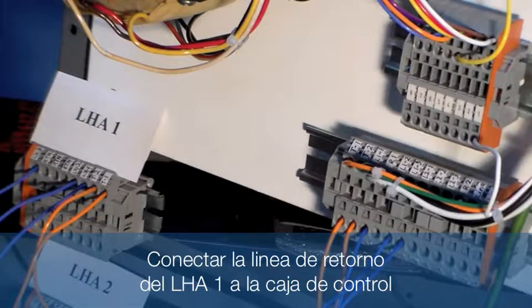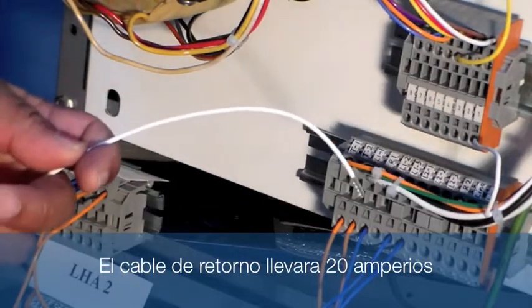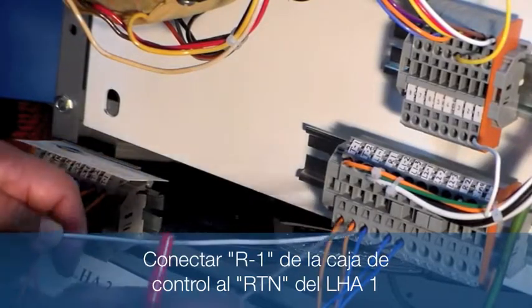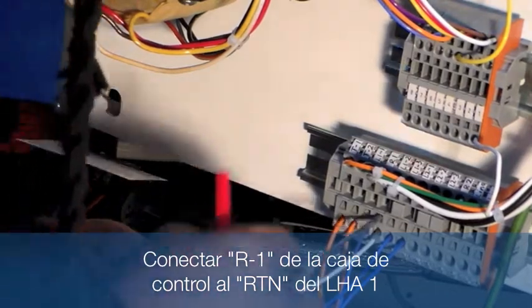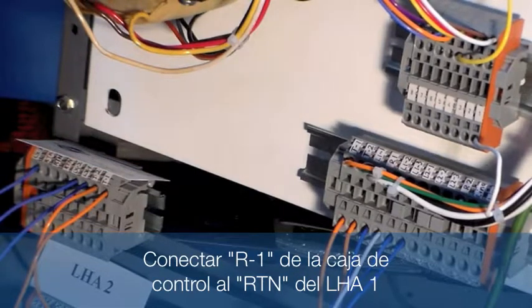Next, to differentiate our return line that will be coming from our LHA1 boxes, all three, which means it will have a return current on this white wire of approximately 20 amps. Let's start with the return that will come out of our power adapter. We're going to hook it in to R1, which is our return line coming from the boxes,